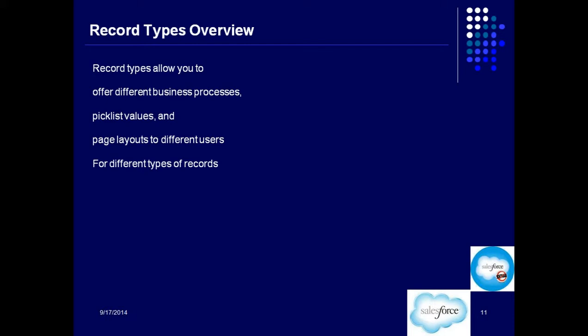Think of it, you are running a business where you track contact information and you have two types of contacts. One is a buyer, one is a seller.